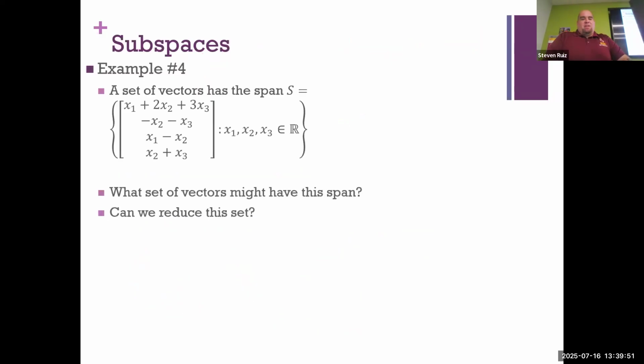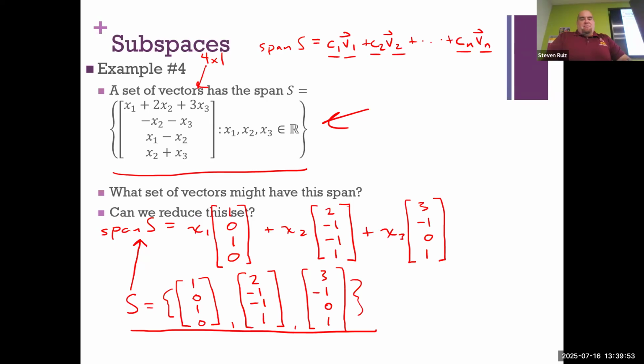Okay, so I had a final question here. Can we reduce this? I have three vectors that I'm using to create the span. Do I need all three of them? Why don't I need all three of them? I sort of hinted at it a little bit ago. I think one of these is a linear combination of the others. So if I add this and this, I get that, right? So because of that,